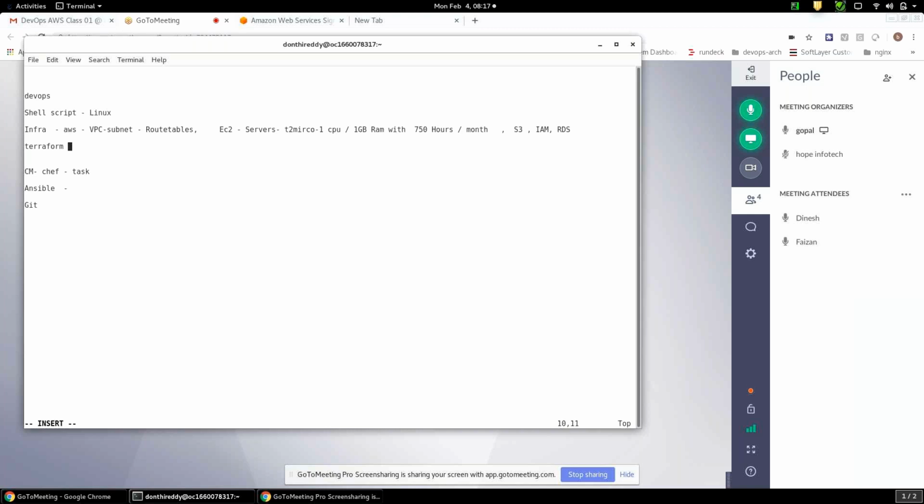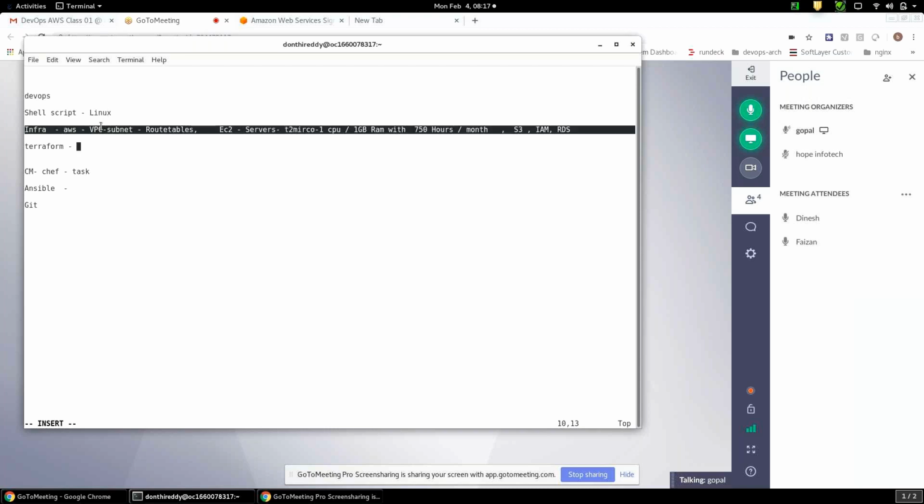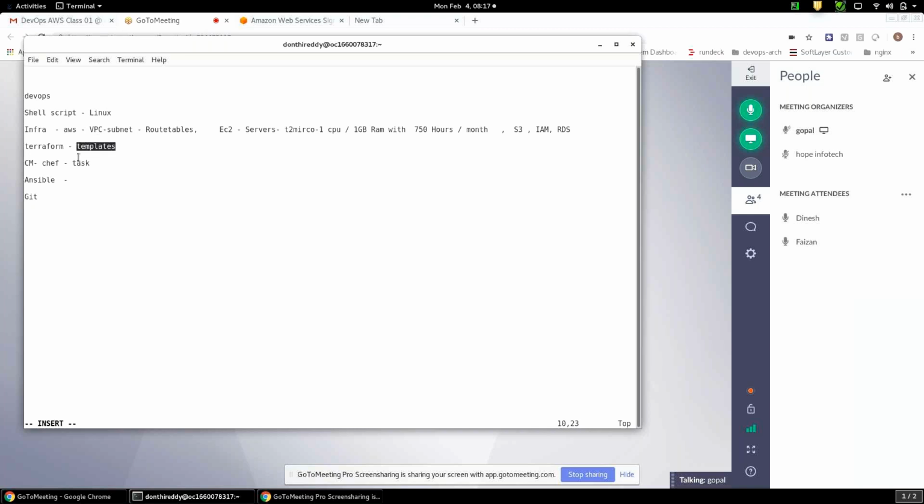Terraform is what we use for this. Whatever we have done on AWS manually, I'm going to write automation templates for the same things and execute them on AWS. Whenever we write our Terraform templates, Chef code or Ansible code, all that code has to be stored in your project, in Git. Git is the place where you store all your project and infrastructure related code. How you deal with your code, how you upload, how multiple developers work, how conflicts come and how you resolve them, everything I'm going to show at the Git level.